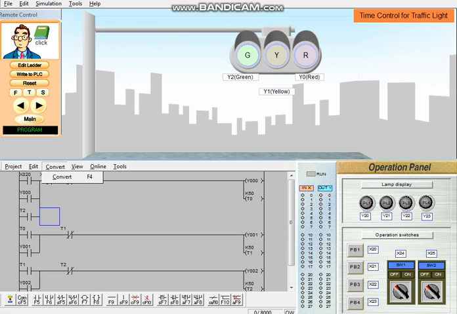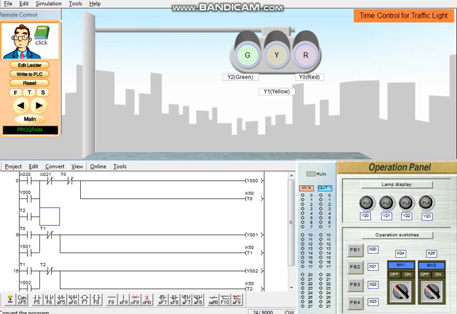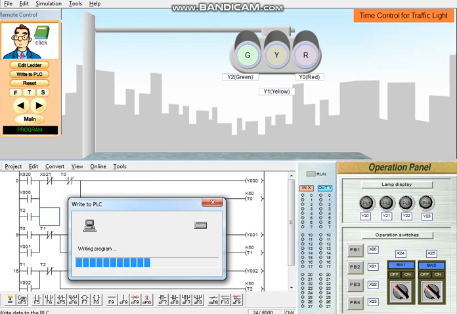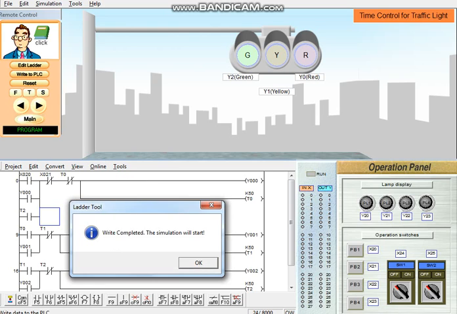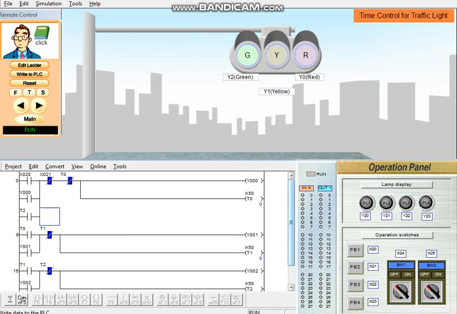So we convert the ladder, then we write to PLC. So we'll try to observe 5 seconds. Red, yellow, green, then after that should be red again.